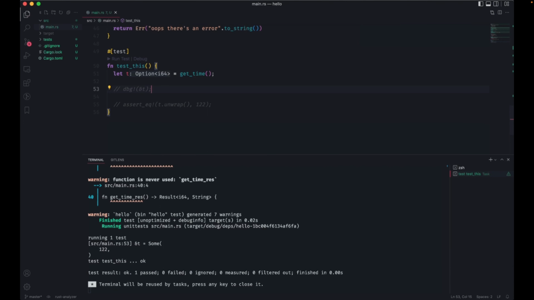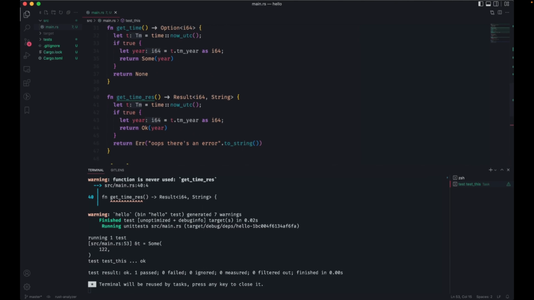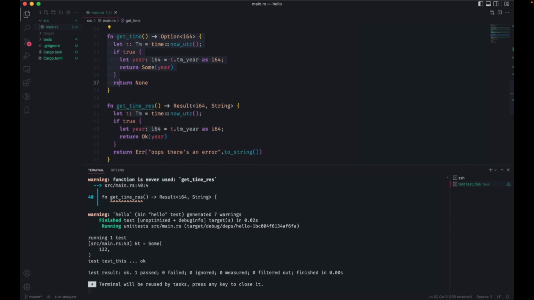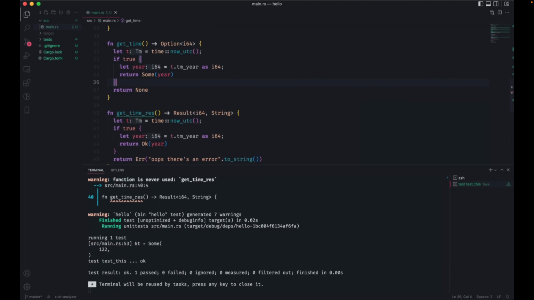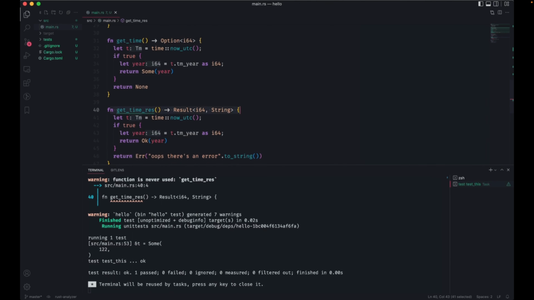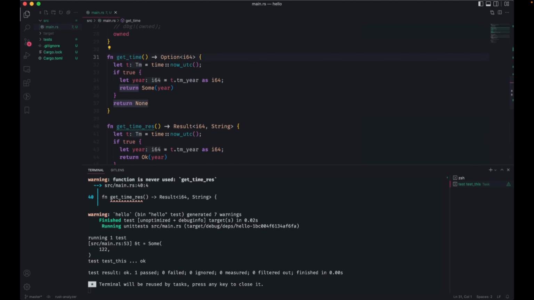Okay, so we're going to do a bit of error handling. A couple weeks ago, we wrote two functions here that import a module time and return a TM struct type. We hard code a flow here, but depending on the logic of this function, in the case of a result type, it's either going to give you the answer or an error, or in the case of an option type, it gives you the answer or none.